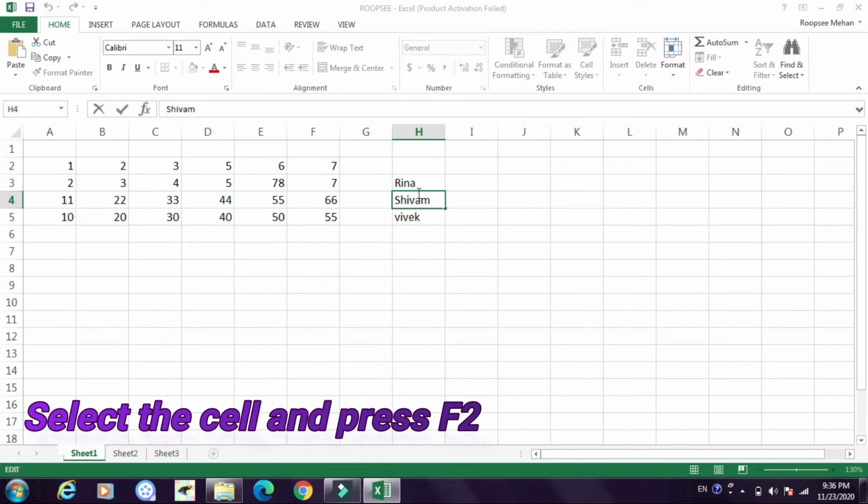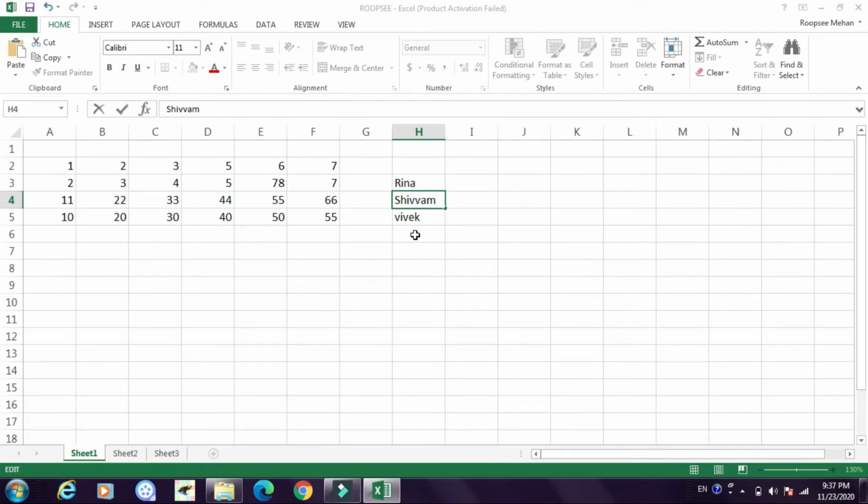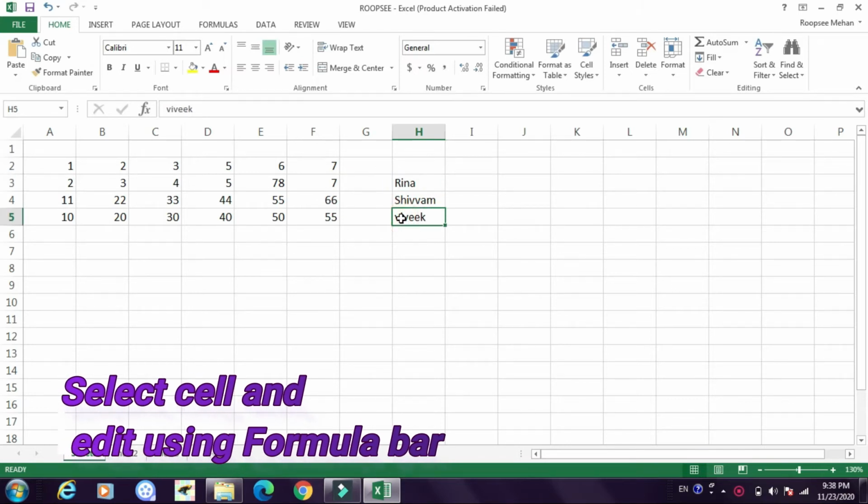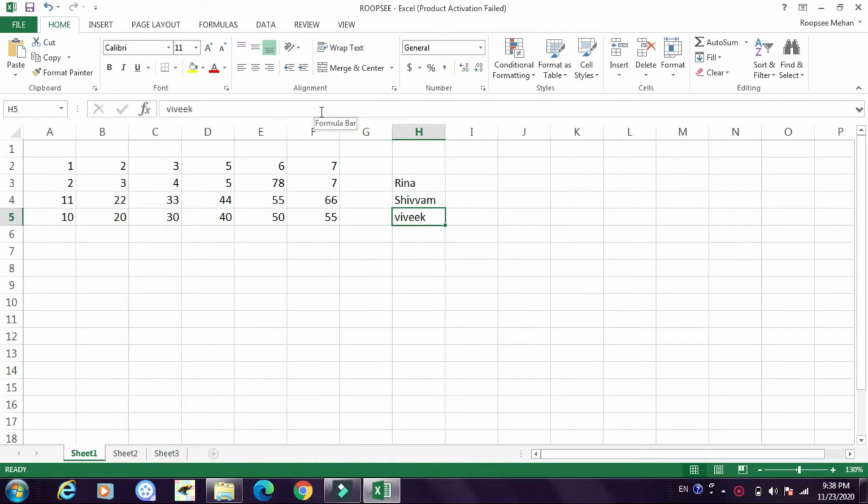The cursor will appear and then you can use the keyboard keys to edit it like this. Third way is select the cell like this and then use this formula bar to edit the cell contents. I'll click here and I can edit the cell contents.